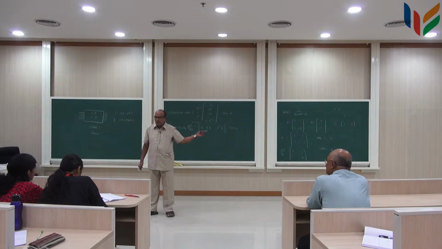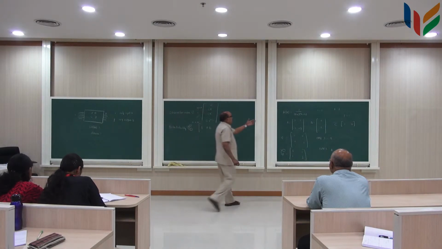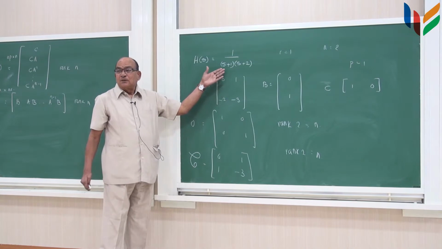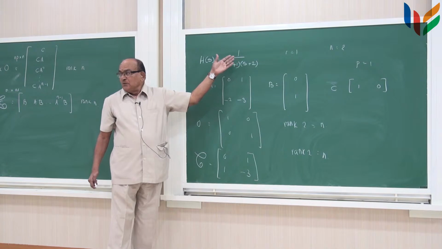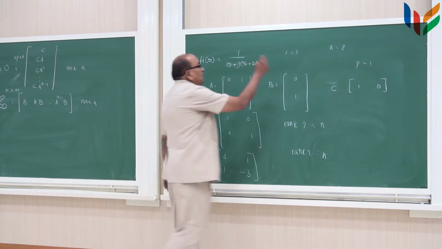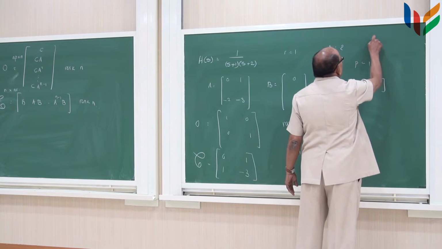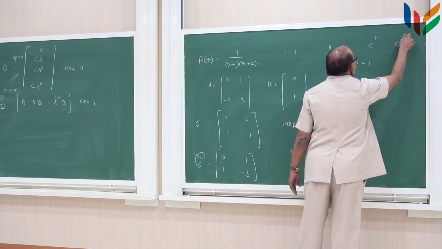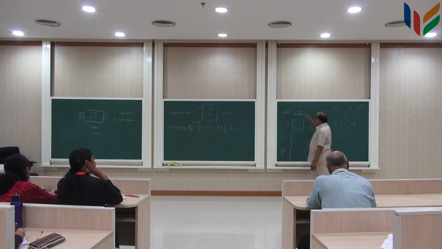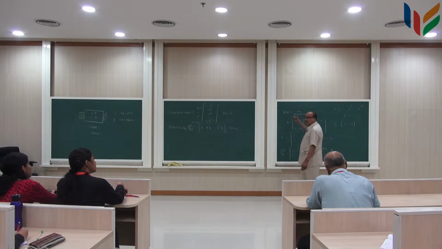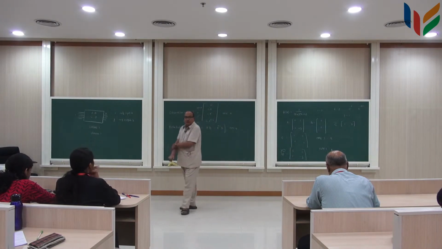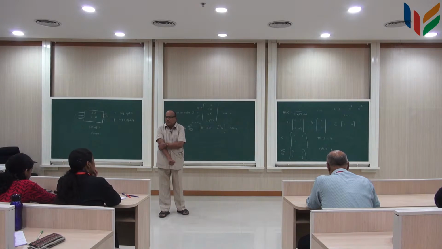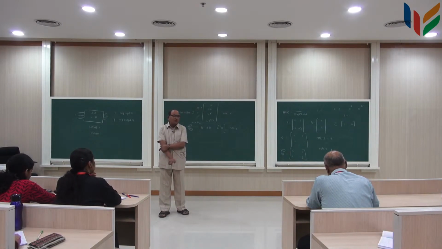poles of this transfer function. In this particular case, for example, this will have an exponential decay with time constants equal to 1 and 2, right. The response will be e to the power of minus t and e to the power of minus 2t in this case. So, the poles decide how the impulse response decays, and we also agreed since the impulse response has to decay, then the poles have to be in the left half plane, no right half planes are allowed. So, all the poles have to be in the left half plane.